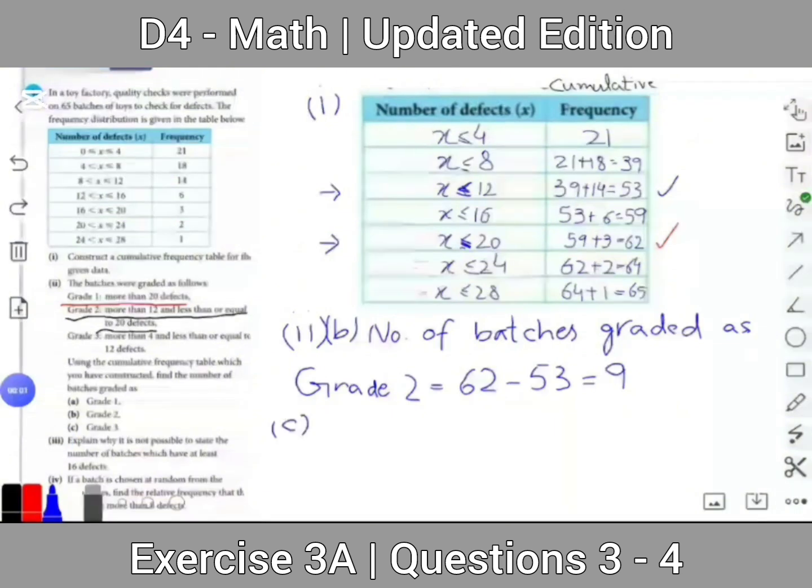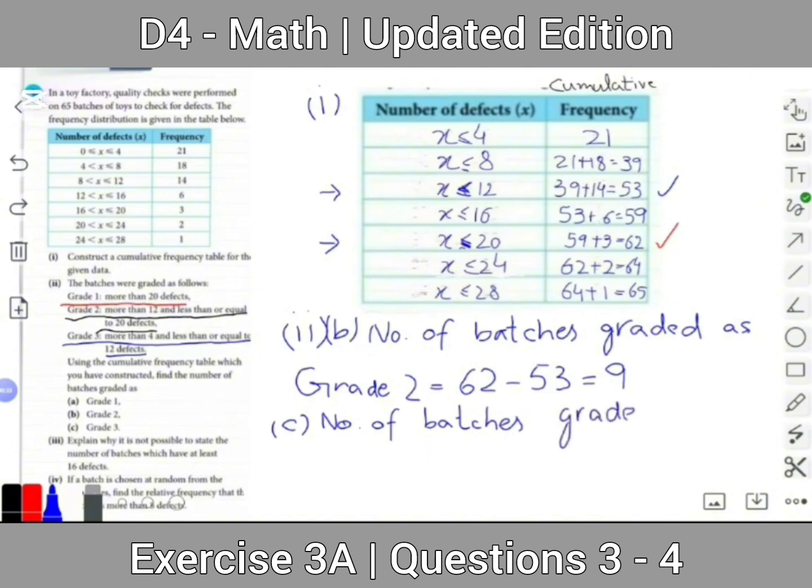Now for part 2c, we have to find out the number of batches graded as grade 3. So grade 3 has a description more than 4 and less than or equal to 12 defects. So the number of batches graded as grade 3 is equal to